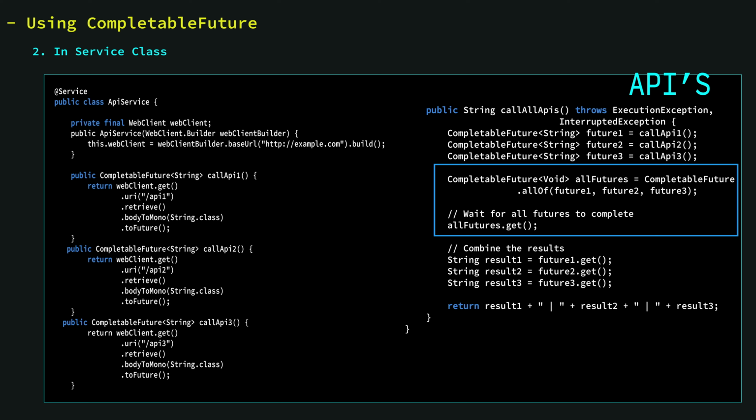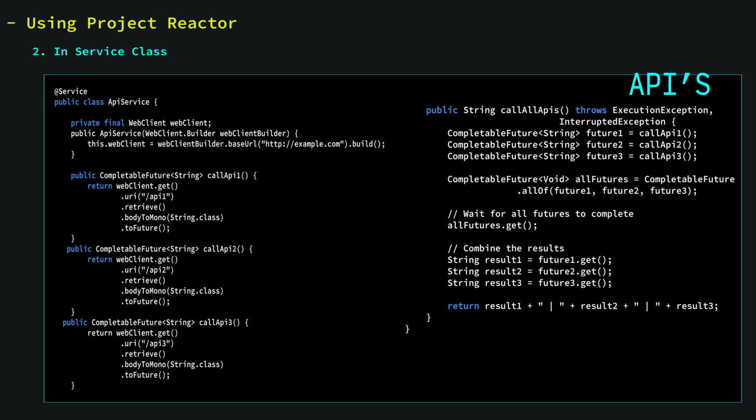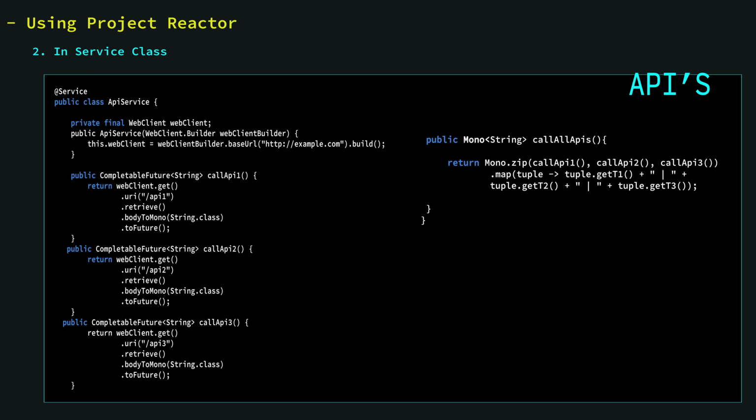This allFutures.get method will wait for all futures to complete. Then it will combine the results and we can extract each result. At the return, you can see we finally got the required strings from the external APIs and we're combining the result there. We can also shorten this callAllAPIs method using Mono.zip to call all the external services at once. As I said earlier, this Mono is from reactive programming again. Hence, Mono.zip is again from Project Reactor.